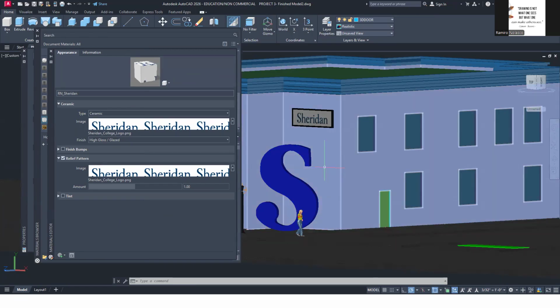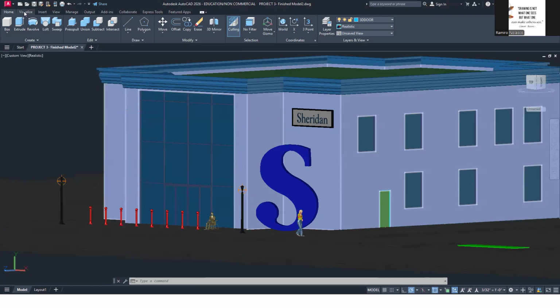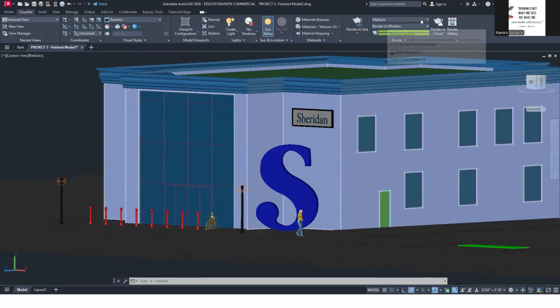Again, you can type RE to start the render command, or you can go to visualize render. You start with medium if you're doing test renders, and then you go to a higher quality for final renders. Okay, so for here, I'll start with RE, look for render.